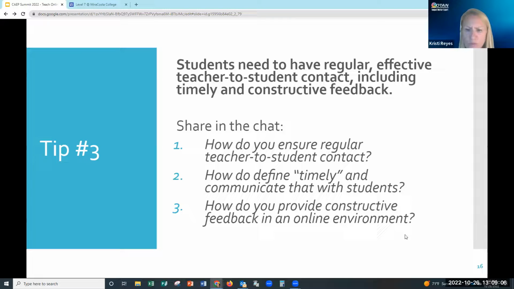And how do you provide constructive feedback in the online environment? So I think someone said earlier, feedback on the written assignments. Anything else, giving constructive feedback, whether that's in the LMS, asynchronous environment, or in Zoom or video web conferencing? When you want to give a student some feedback, I'm sure you don't call them out and embarrass them, right? But how do you do that? If anyone wants to share.